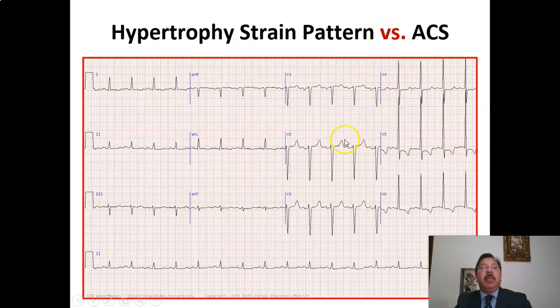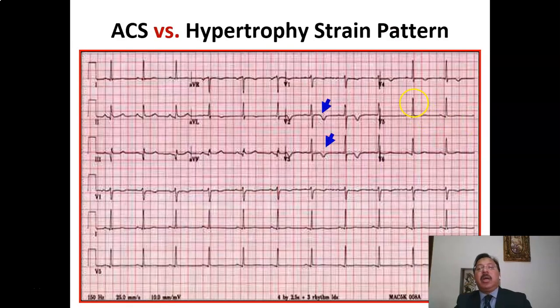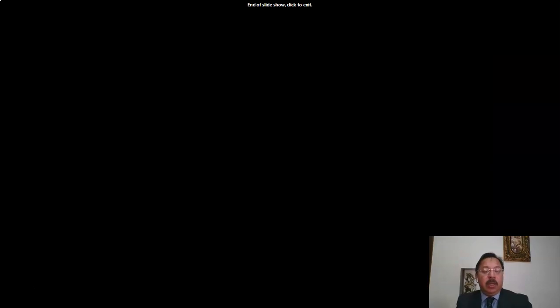Look at this ECG. Again, this is left ventricular hypertrophy if you apply the voltage criteria, and you can appreciate the gradual downsloping of the T wave and then a sharp rise. So this is your strain pattern. But if you look at this ECG, there is a sharp fall and sharp rise of the T wave. This is more in favor of ischemia. But this is just ECG findings. You have to combine these ECG findings with the patient's history. And thank you very much.